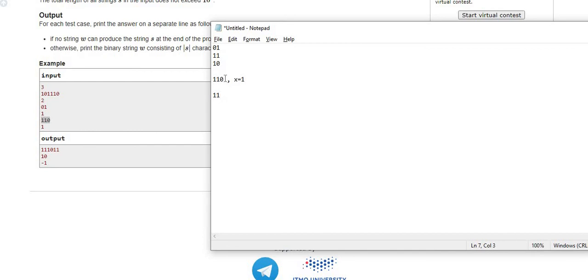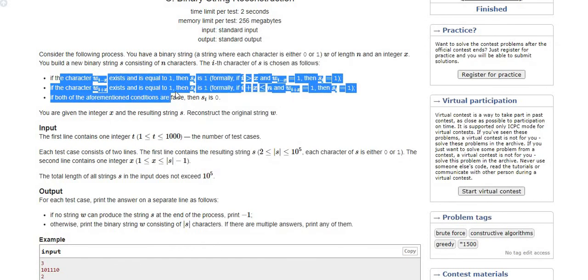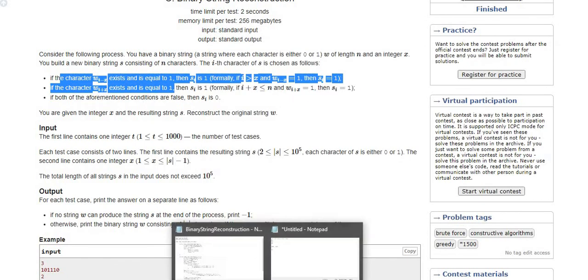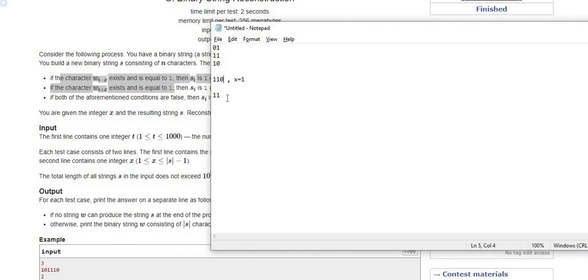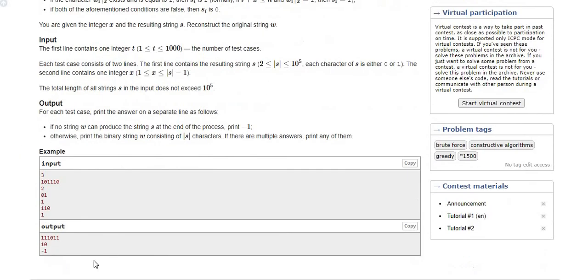For the last character, both of these conditions are false, so the string remains the same, because the last character is not holding a value equal to 1. So 110 is 110; in that case we are not able to form any new string, and that's why the output is -1 here.